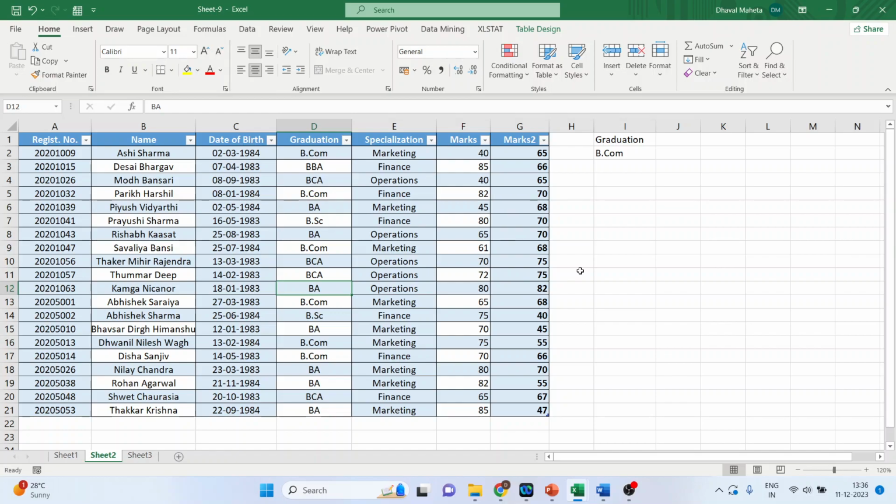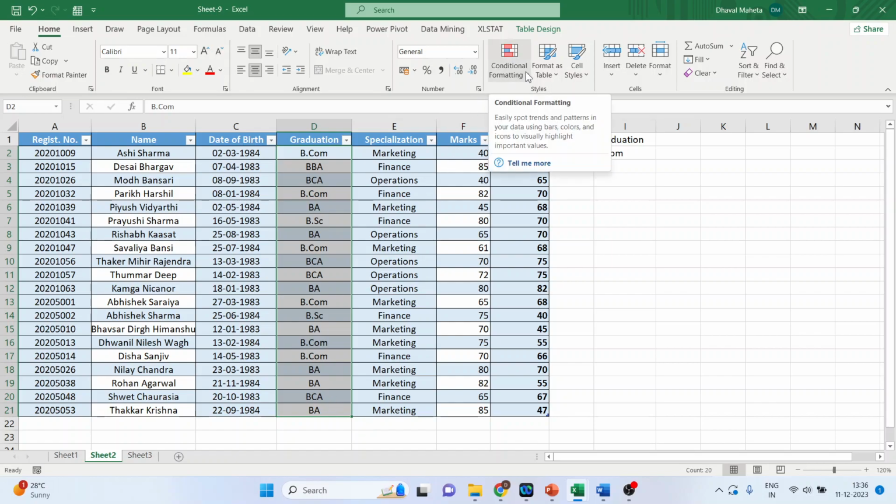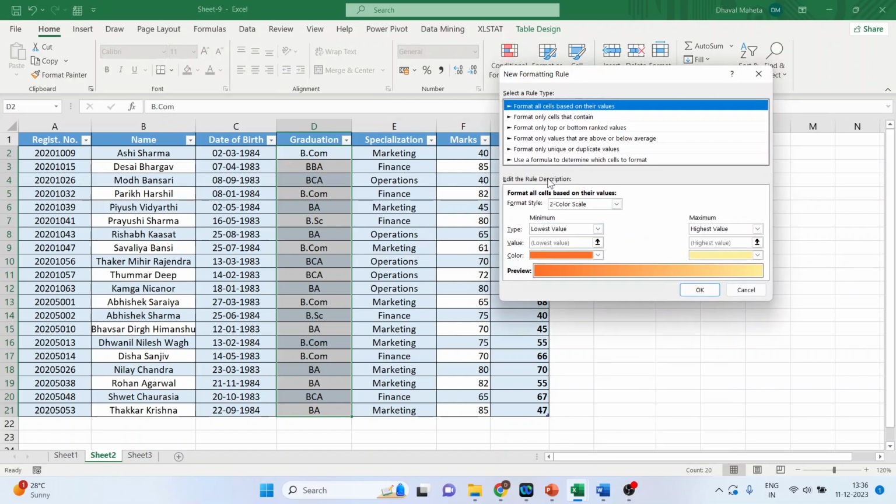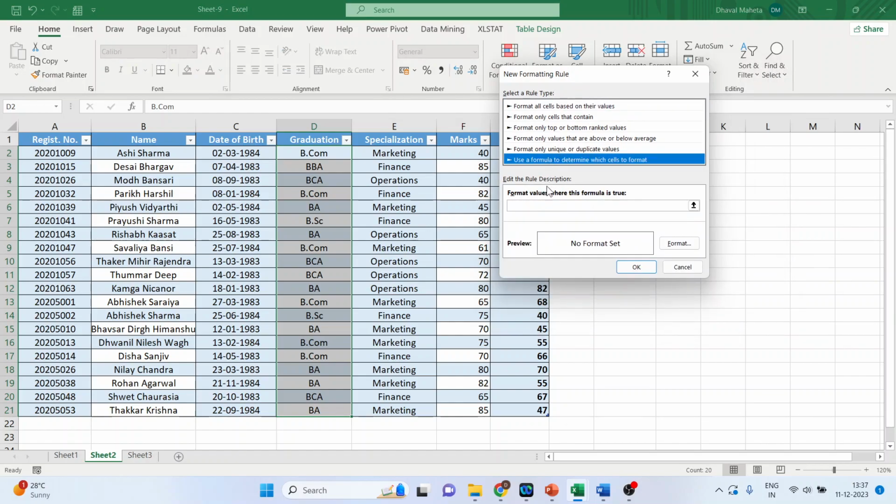The first step in using rule-based formatting is to select the range of cells on which you want to apply the rule-based formatting. Don't forget to do that. First, select it. Make sure that your selection is on. Now you go in conditional formatting, new rule. Use a formula to determine which cells to format. Okay. Now write down